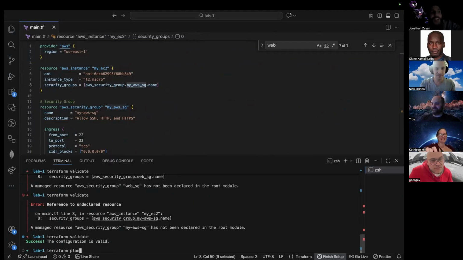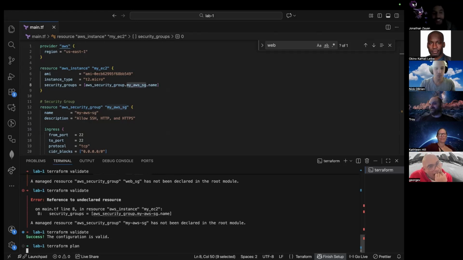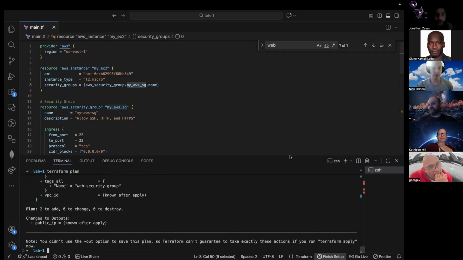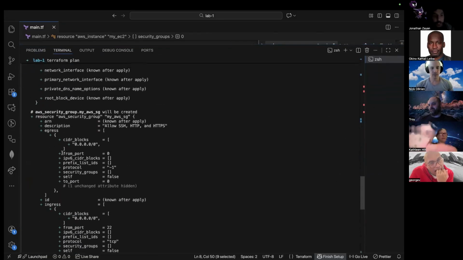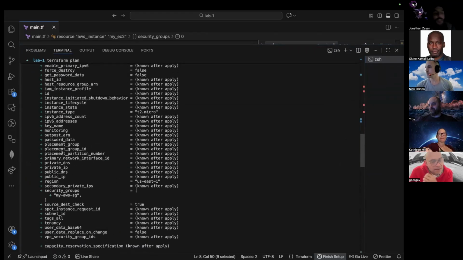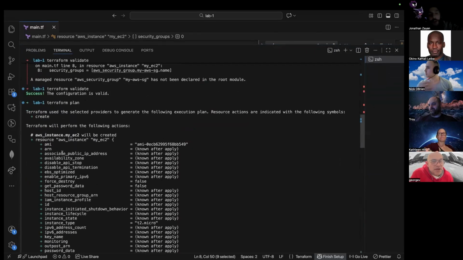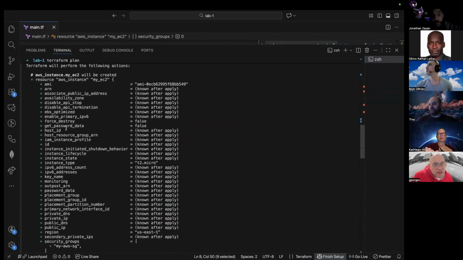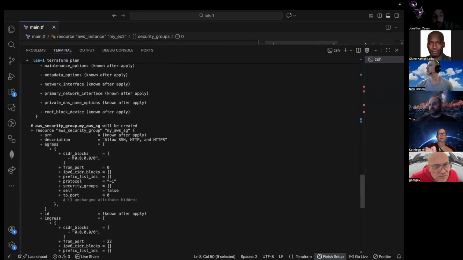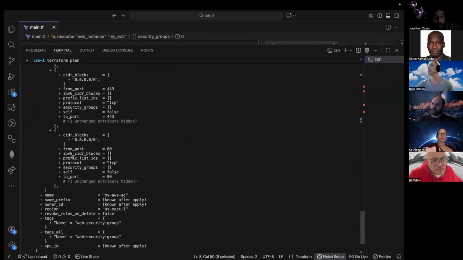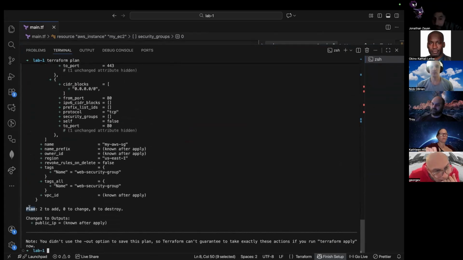So terraform plan. And if you guys remember, this is a dry run, no pressure. I'm going to make this big so you can actually see it. You guys remember all the pluses and minuses, right? The pluses mean we're creating, minuses mean we're taking away, and tildes mean we're modifying. This is our first run through, so obviously it's only creating. That's what all these pluses are for. This is all the stuff we specified in our code. And if we go all the way down, this is the most important: we're adding two resources. We're not changing anything. We're not destroying anything.